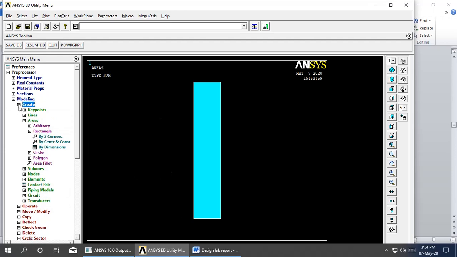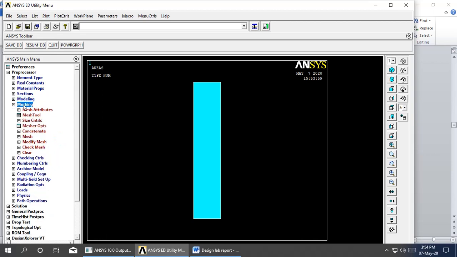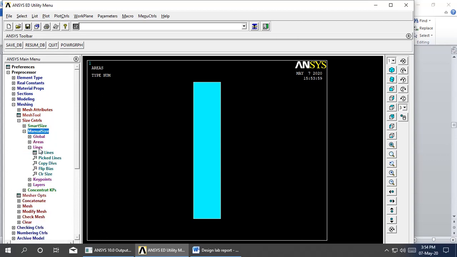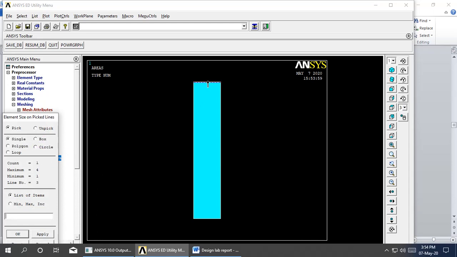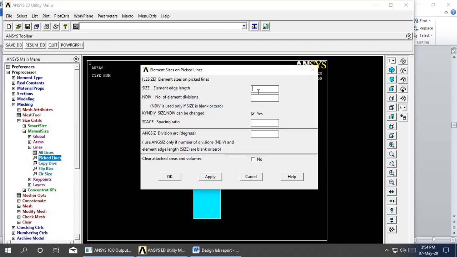So after the completion of creating the model, we need to go for meshing. So go to the mesh, size controls, manual size, lines, pick the top and bottom lines. You can predefine the number of elements required for the cylinder. So give the number of element divisions as 4, or you may give 6 or 8.